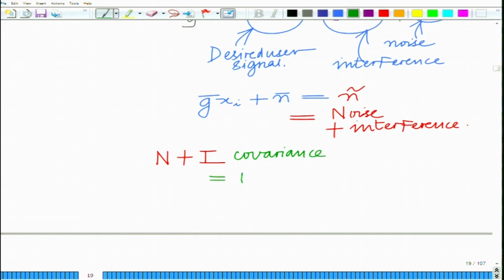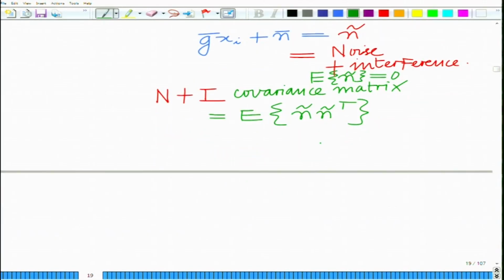Now, this is simply your expected value of n tilde n tilde transpose. Remember, this is the definition of the covariance matrix, assuming that expected n tilde equals 0. This is a typical assumption, that the noise is zero mean. We have already seen that the noise is zero mean, and we also assume that the interference is zero mean. So, the noise plus interference will have zero mean, okay. And then the covariance matrix will be the expected value of n tilde times n tilde transpose,